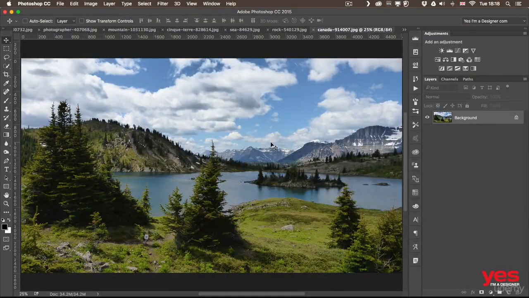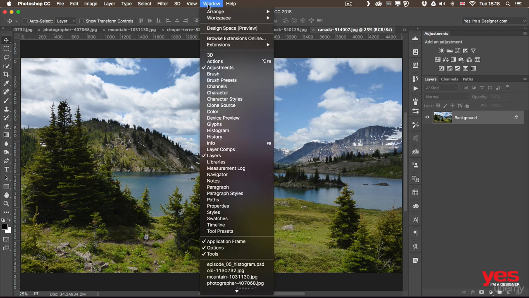Tonal adjustments is our first category, and this is probably one of the most important ones. This deals with the exposure and setting the exposure correctly. So what is a correct exposure first of all, and how can we check? There is a panel which is called histogram, and that's probably the most important panel when you work with tonal